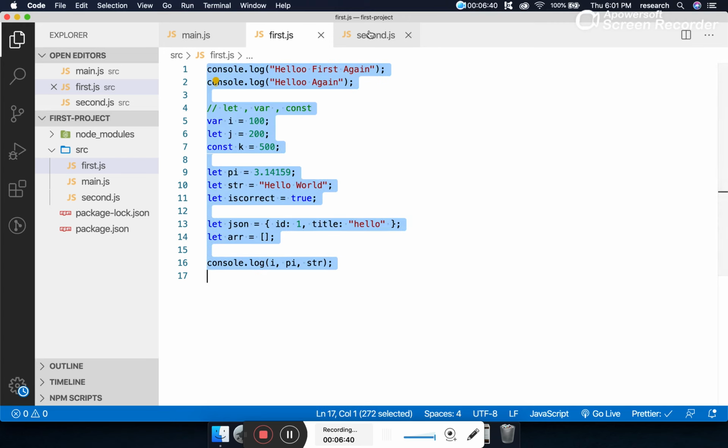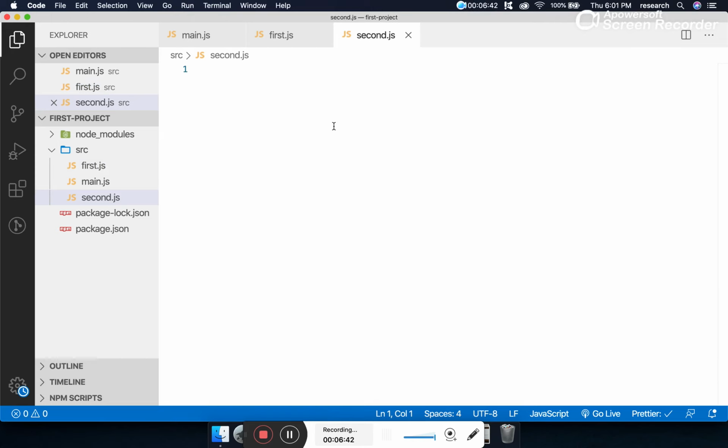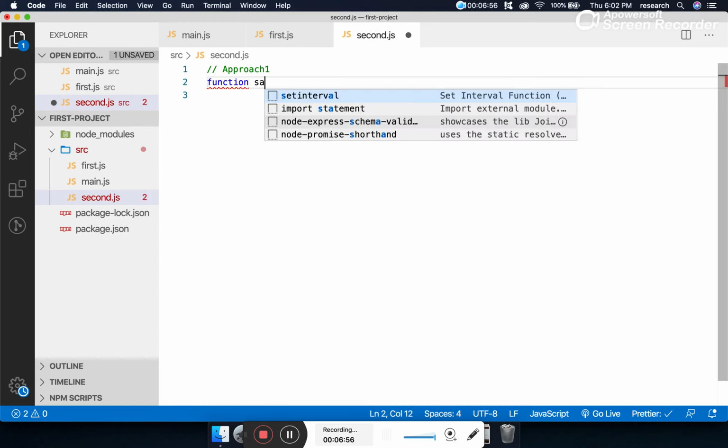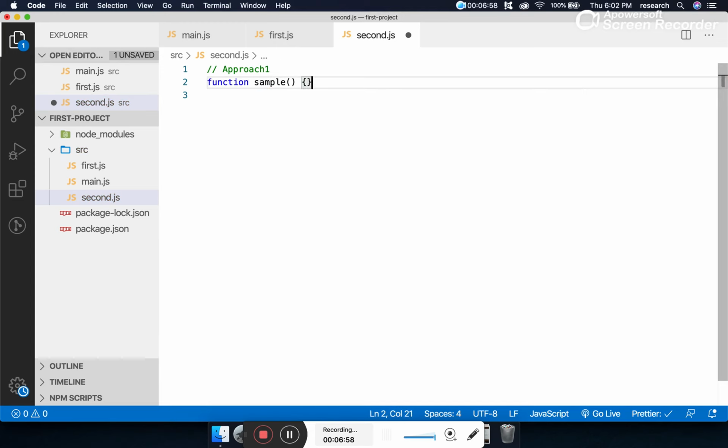Like this. So let's come here and let's create a function. In JavaScript, there are multiple ways to create a function, or there are different styles to create a function, and people use different approaches. I will teach you 3 different approaches. Approach 1, how to declare a function. Let's suppose sample, I will call this approach 1, sample 1.